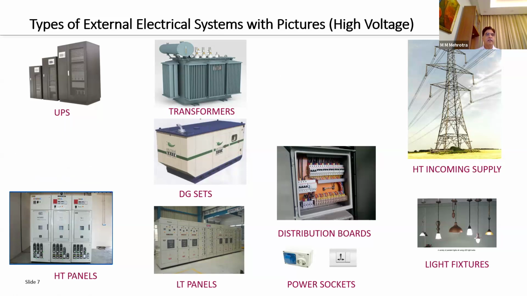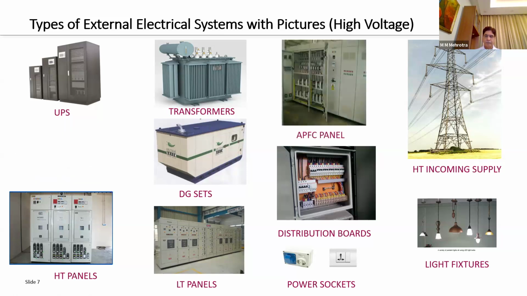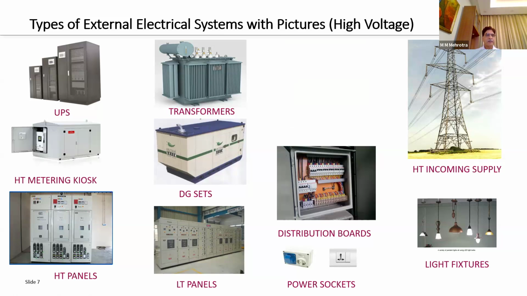Then from this metering box, supply comes to the HT panel. You can see the panel on the left hand side. Actually it's only a control panel. The HT supply is not flowing here. This is what you see inside your substation, but the actual components carrying HT supply or current are in your switchyard outside, where your transformer is.